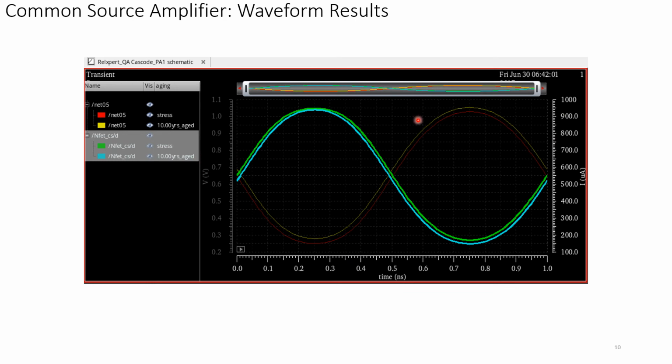And this is the stress simulation output after, let's say, 10 years of aging for the device. As you can see, the upper green color is the drain current for a single sinusoidal output, for a single time period. You can see that the drain current is higher than the drain current in cyan just below it. That is the drain current after 10 years of degradation for the same device.